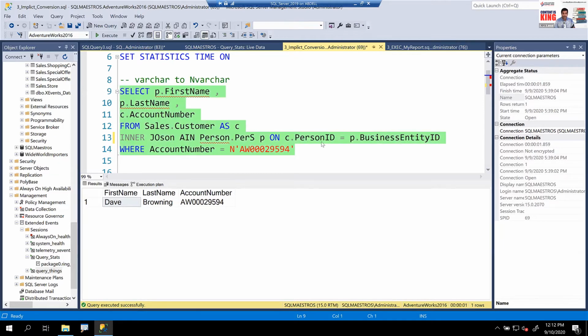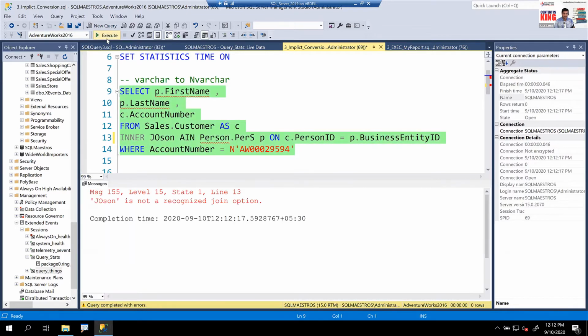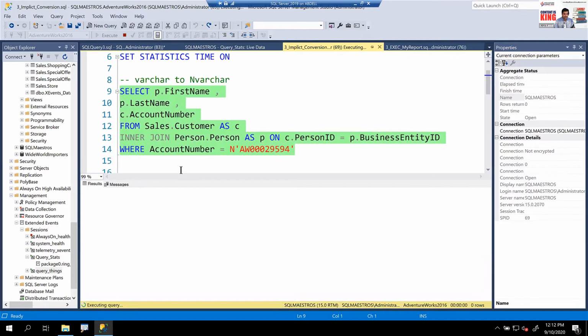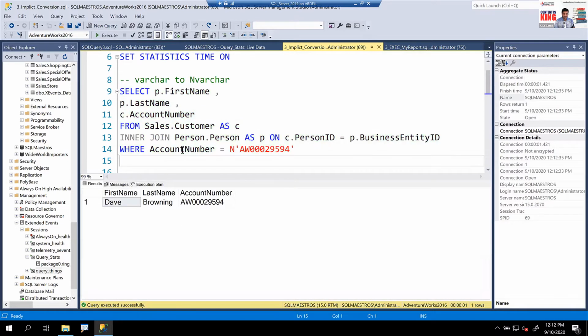When you run this query, the query will of course run absolutely fine and you will get the output. Let's do that and include actual execution plan. So let's go and execute this. Okay, some typo in the query. So now let me run the query first. Let's click execute and you can see you get the output. And this is what I was trying to show you.